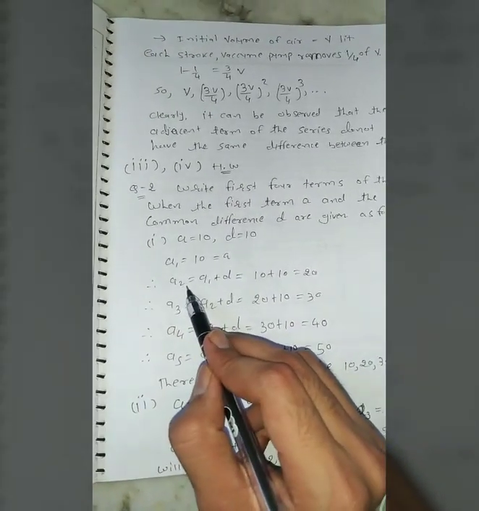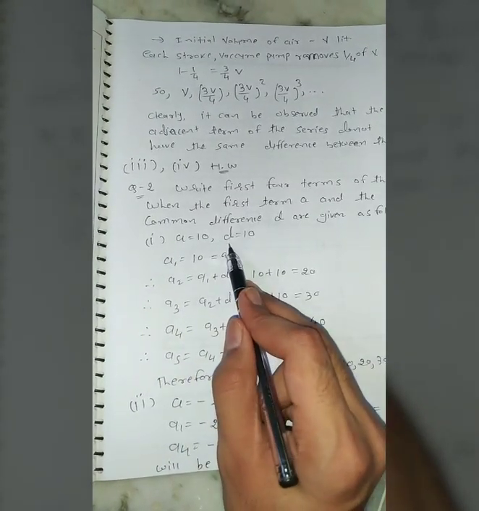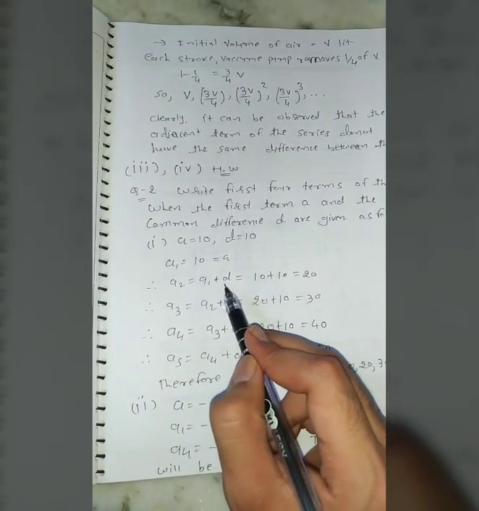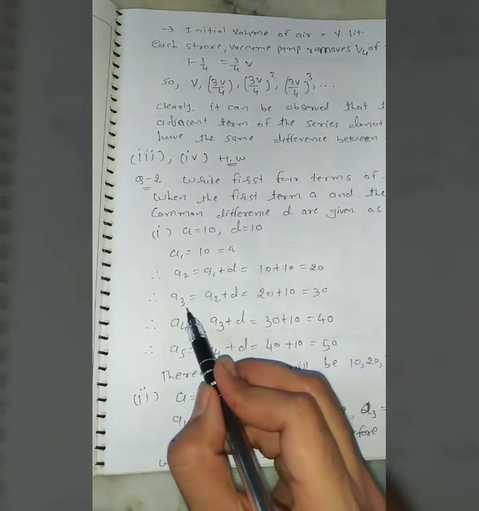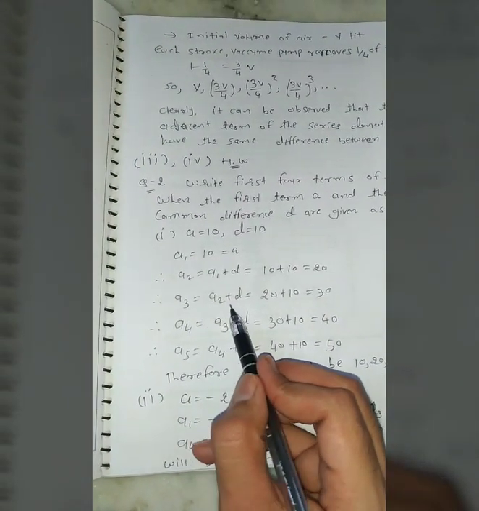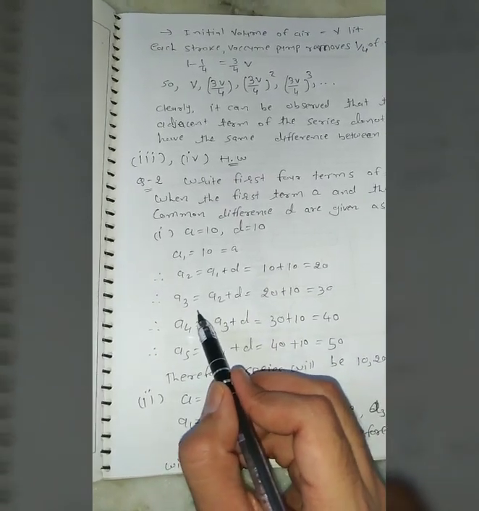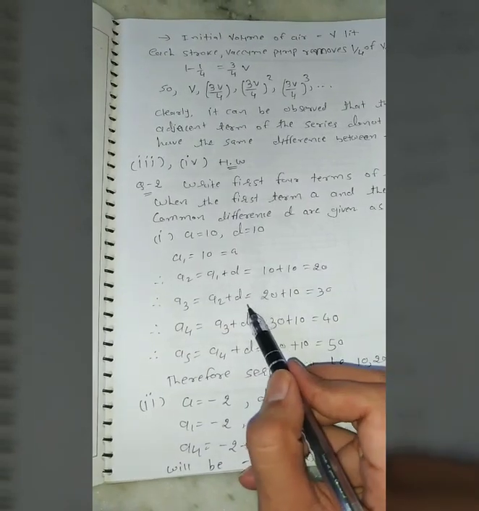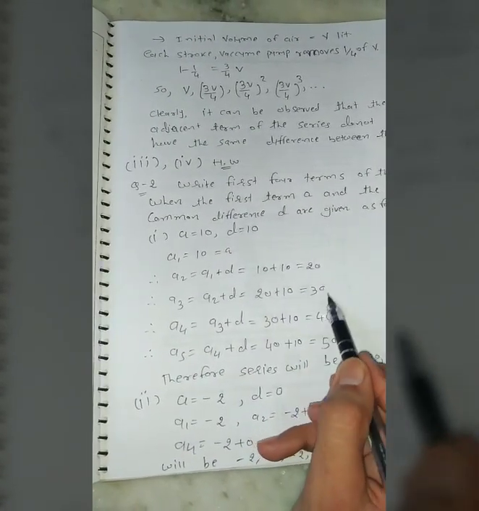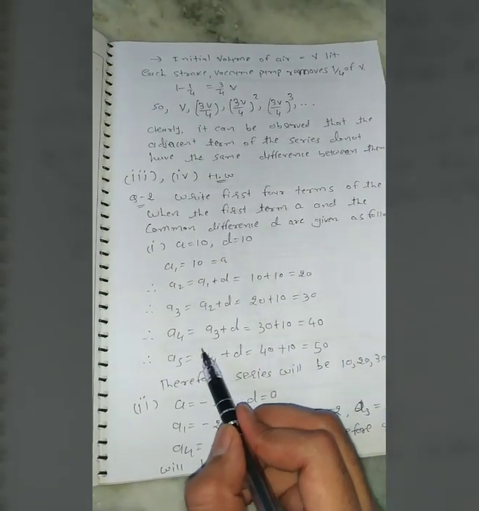Okay, a2 is equal to a1 plus d, so 10 plus 10 is equal to 20. Third term is a3, a2 plus d, so a2 plus d means 20 plus 10 is equal to 30. Okay, for the next term